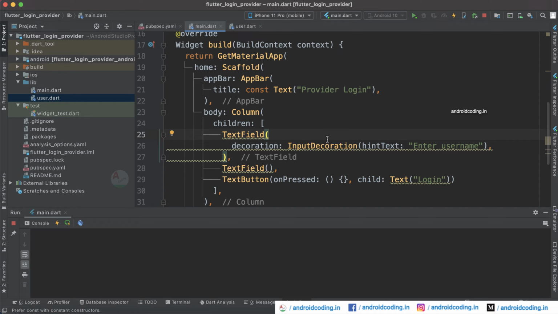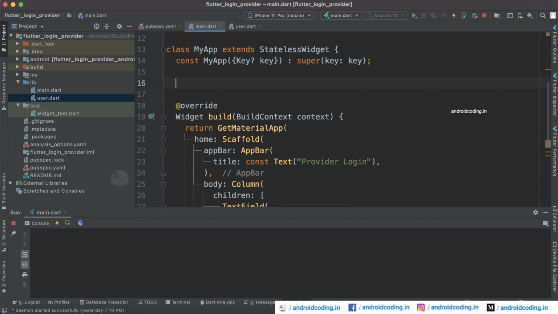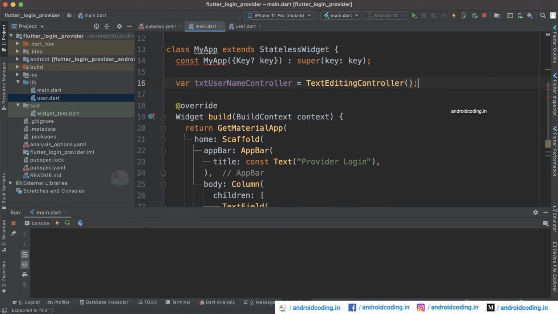With the help of a controller you will fetch the information from the text field. So I would like to add a controller here, variable text, and this is of type TextEditingController, and we require the same for